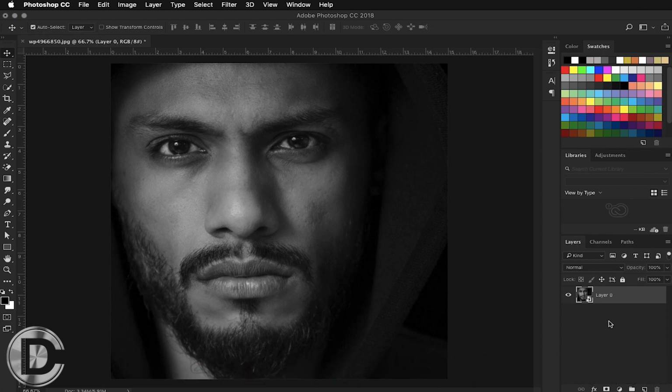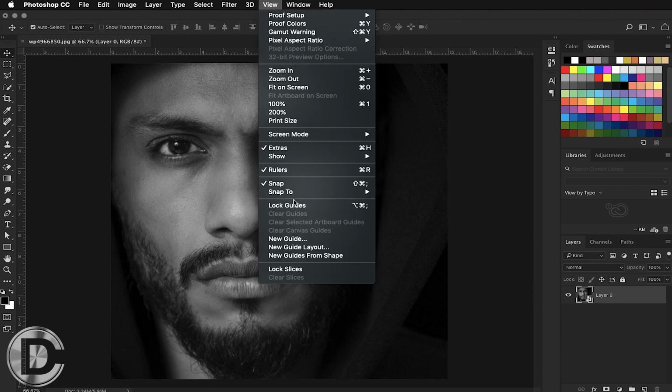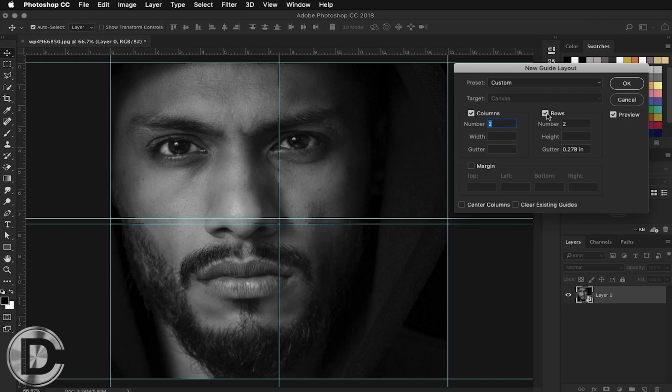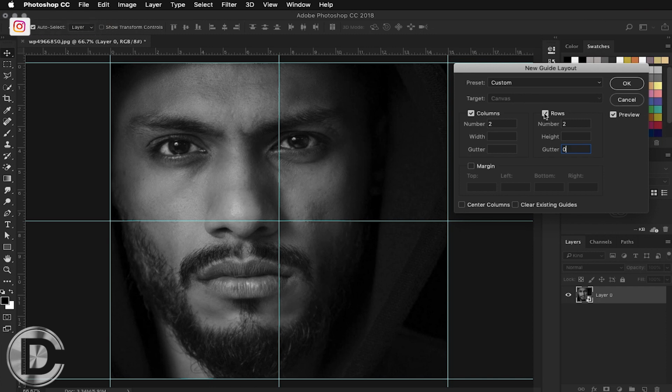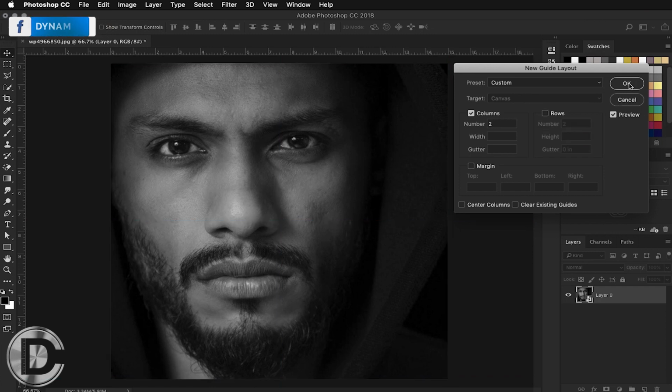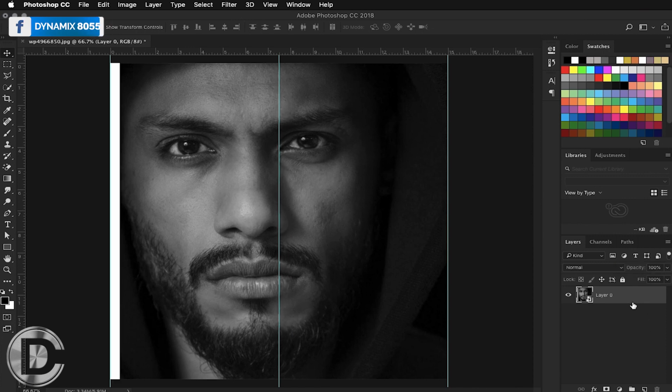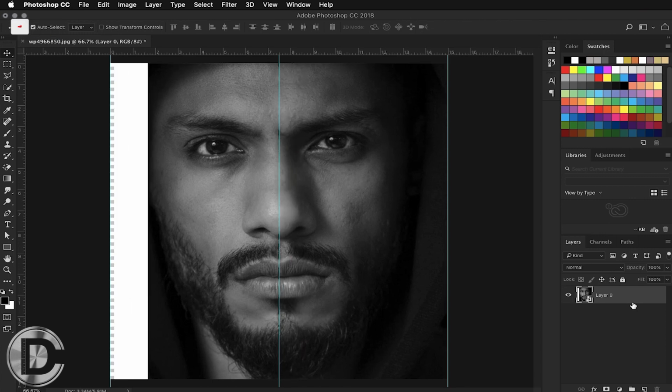Moving ahead, first I am dividing this canvas into two parts. So how can you do that? Go to View, choose New Guide Layout. From here you can add column guidelines and row guidelines. You can also change its gutter. Gutter is the gap between two guidelines. So you can click 0, just in case it's 0.2. I am hiding the row here and just choosing the column so that I can see the midpoint of the canvas. So I am placing my picture in the middle of the box so that my text effect will look good.